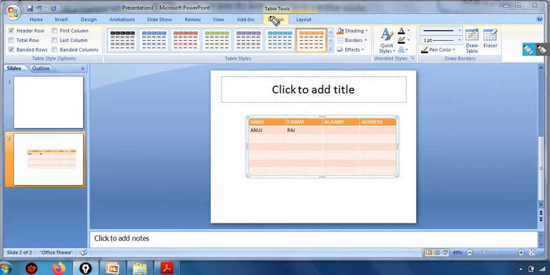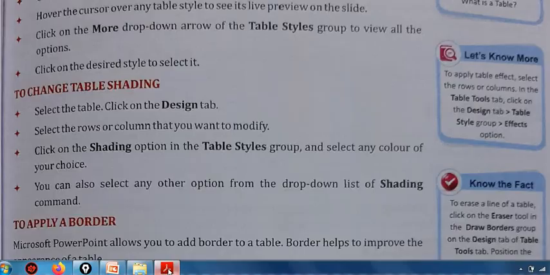Under table tools, under design tab, and under table style group shading option is there, right? So remember stepwise. To remember all this, you have to maintain a flow chart. Write the flow chart in your copy and make an arrow mark from one step to another step, right? So you can easily remember all this. Point to point you can remember.